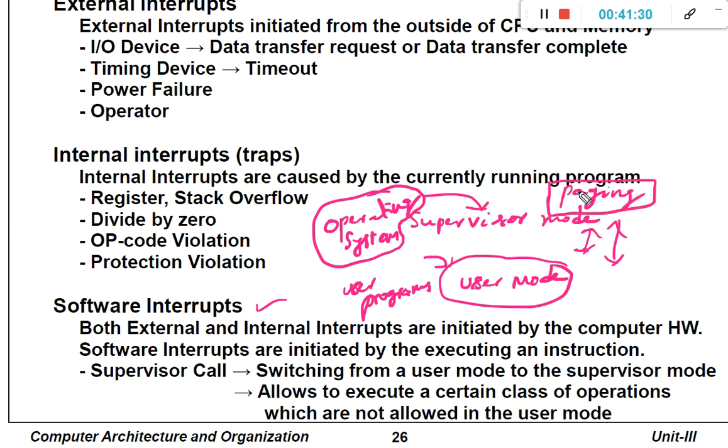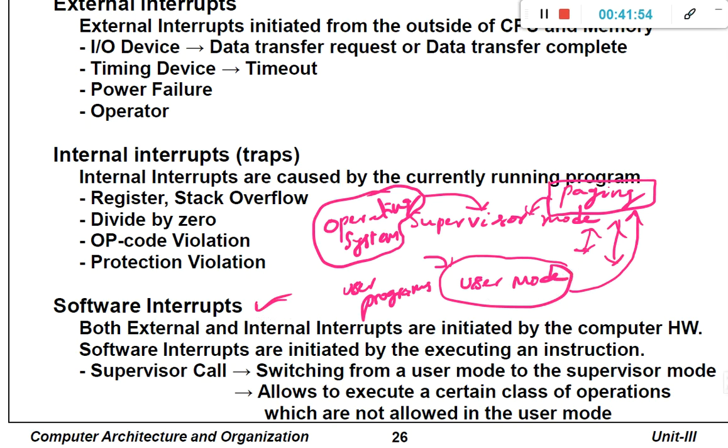This paging algorithm is within the operating system, and it must be executed in supervisory mode. However, if the user tries to access this paging algorithm and modify its content, then a software interrupt occurs.